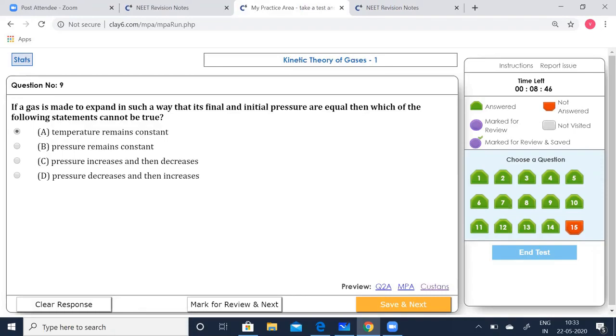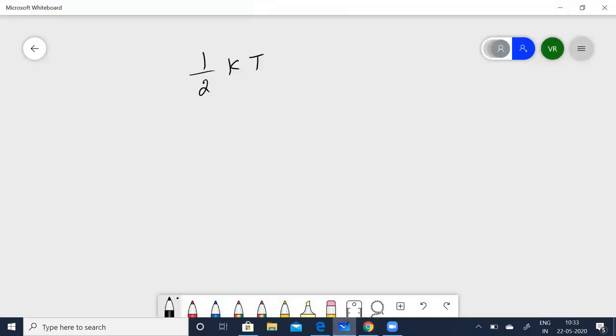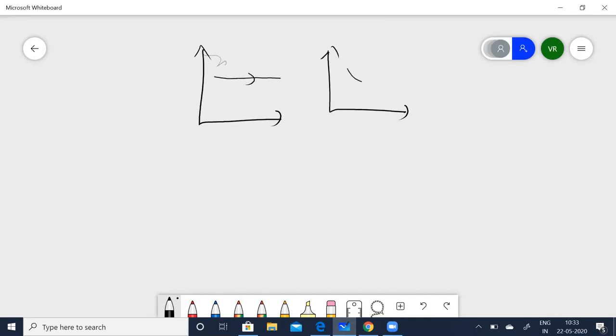So here, as I told you, you can draw the graph either this way or this way. So it can be either a straight graph like this or a curved graph like this. So let me take P to be this, V. So here you can say that pressure need not be a constant throughout. I can take this SP, and this SP.